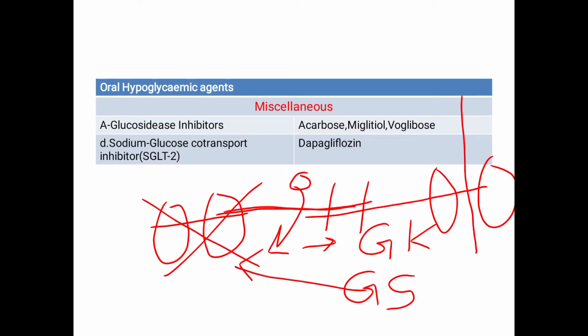So there will be an influx of calcium. Once there is an influx of calcium, there is a vesicle in the beta cell which has insulin in it, right? So once the calcium comes in, this vesicle is going to be broken and the insulin will be released. So this is the mechanism. Okay,